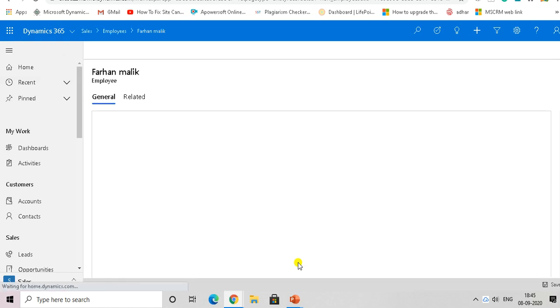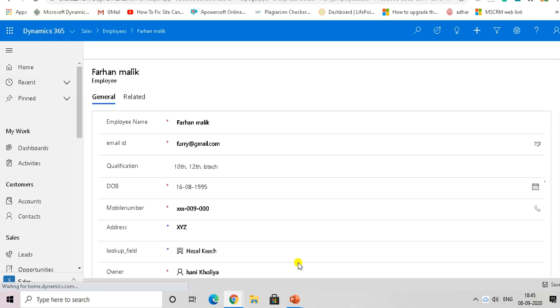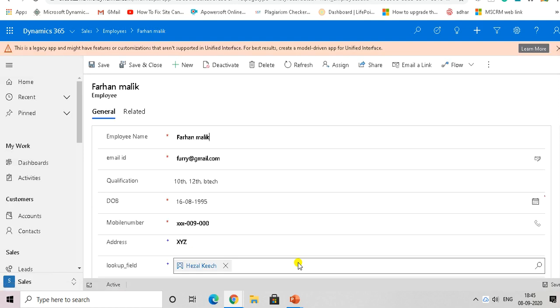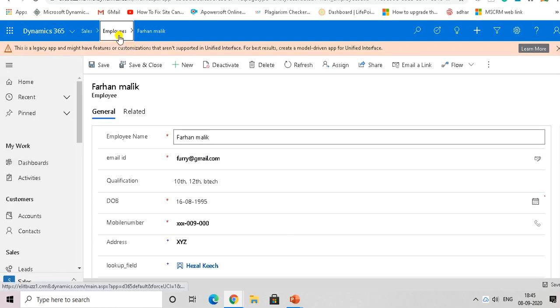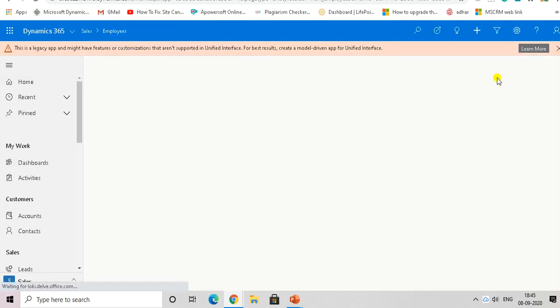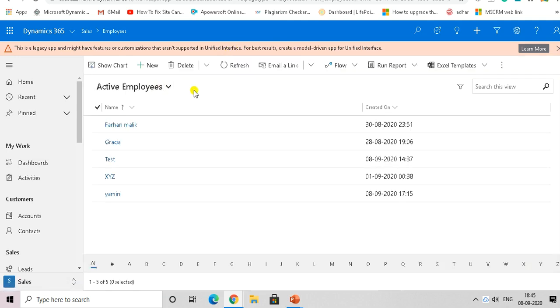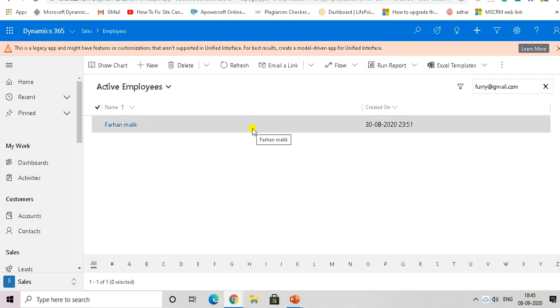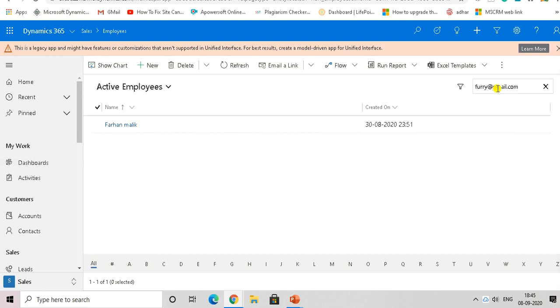As I have shown you, I have added email ID in the quick find section of the quick find active view, the active employees view basically. Now I'm trying to search using email ID, which I was not able to do earlier. Now you can see I am able to see the record Farhan Malik by searching through email ID. So in this way the quick find view works.